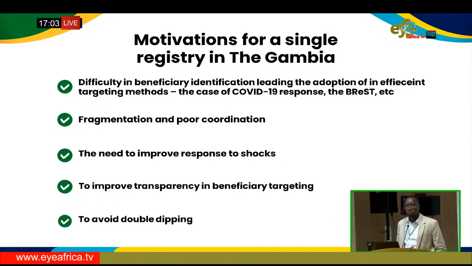Also, government also wanted to improve the transparency in the provision of social assistance services, so that when I work at a certain institution and I am a project coordinator, I do not send the project to my